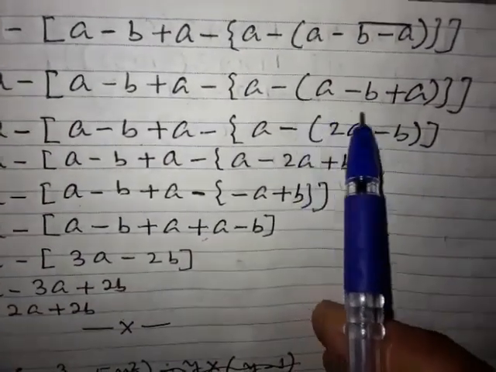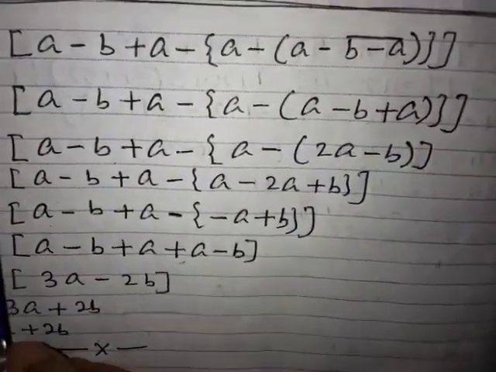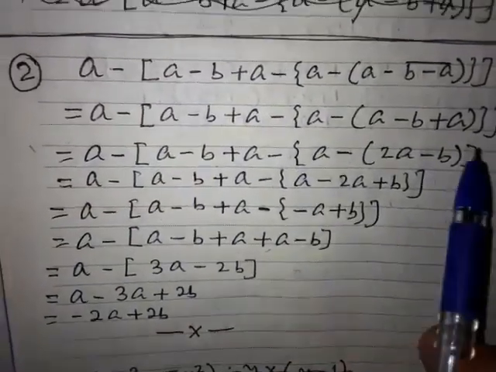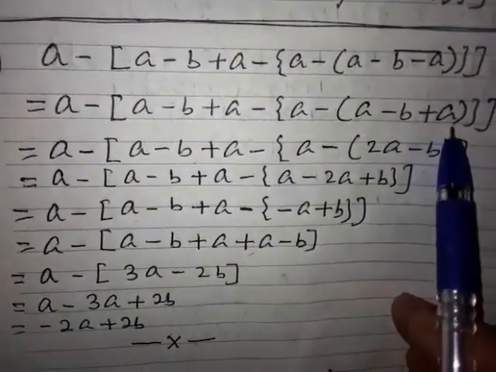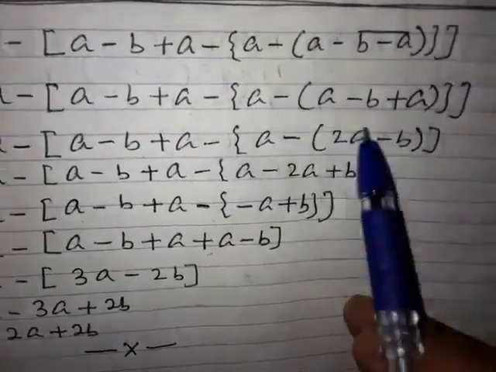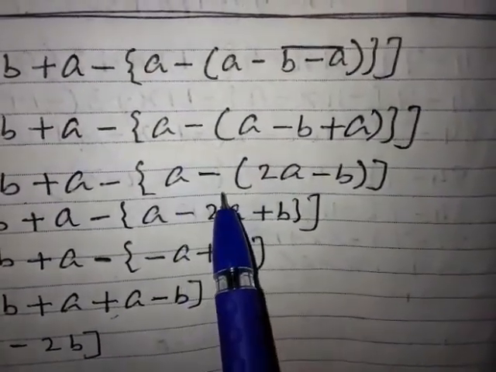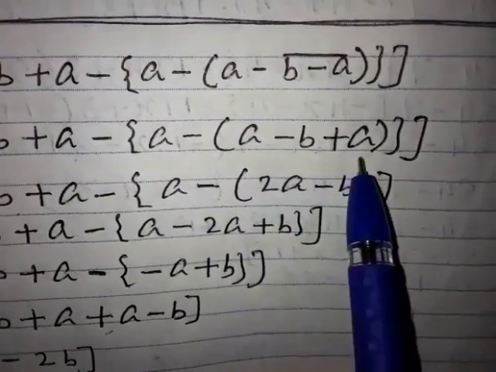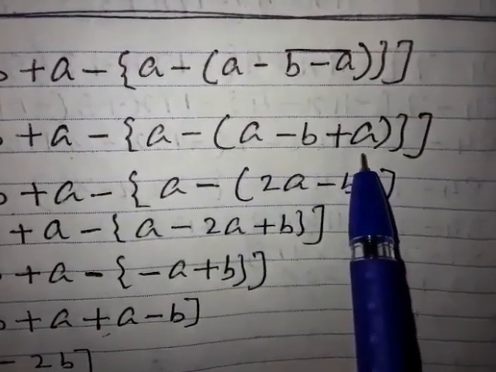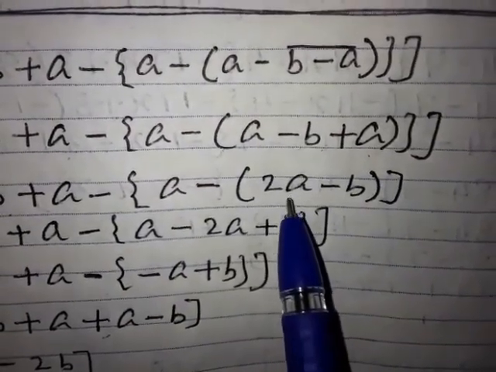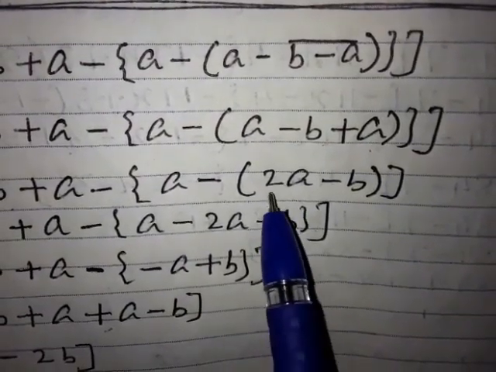Whenever you are going to do the calculation of the first bracket, other things we are not going to touch. Whatever they are, let them be there. We are just going to do the calculation of the first bracket. Again the same thing, if outside the bracket the minus sign is there, whatever sign is there inside the first bracket, their sign will change. Okay, so you can change the sign. What you can see, I have changed their sign here.